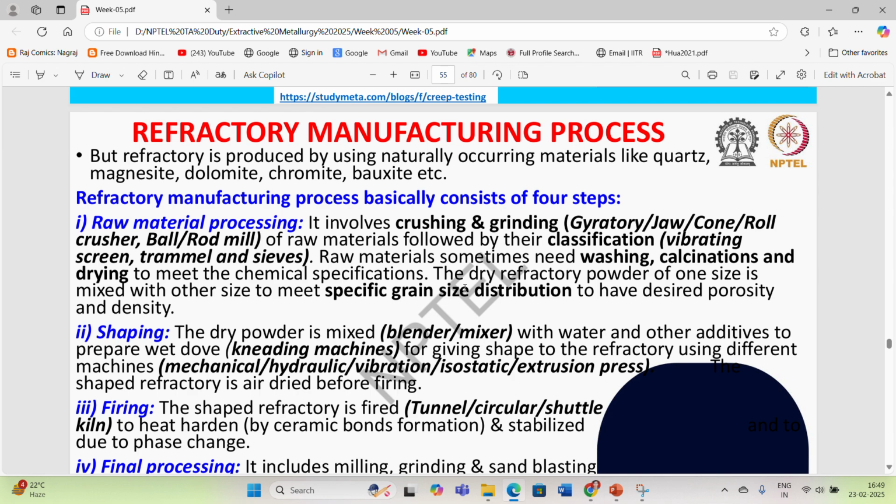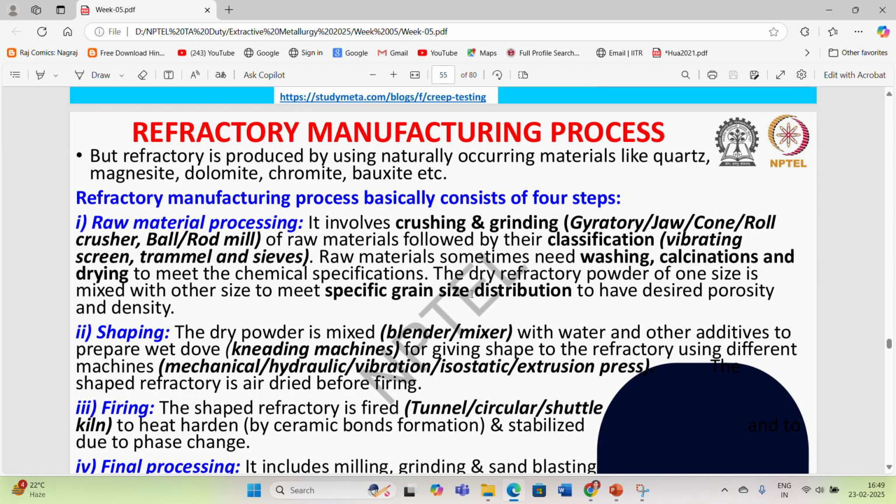The refractory manufacturing process basically consists of four steps. First is raw material processing. It involves crushing and grinding of raw materials, like we are trying to make these particular elements into powder form so that we can mix them properly, followed by their